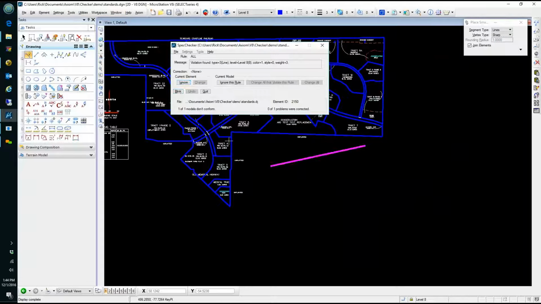You've got a blink button. You can use any MicroStation tool you want, or you'll notice up here there's a correction section. Right now it says none, okay? Because corrections you do have to add manually based on what you want to do. But